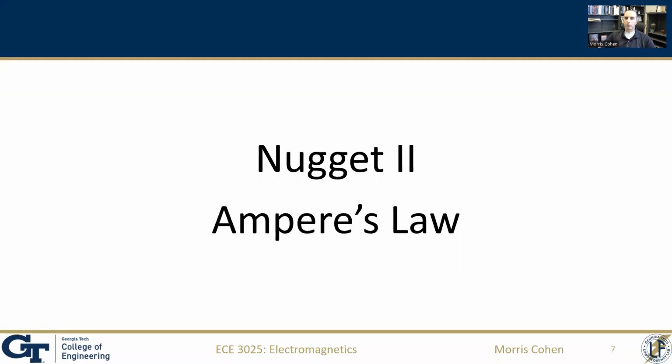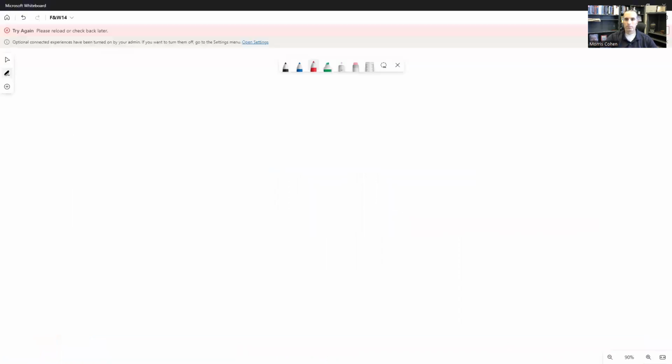So now that we have introduced curl, let's connect it back to Ampere's law. All right, and I'm going to start by reminding you of what Gauss's law is. Gauss's law was a convenient way to relate the sources inside of a volume with the electric flux lines that are on the outside, which is to say that if we have some closed volume and we had inside, we had little electric charges,